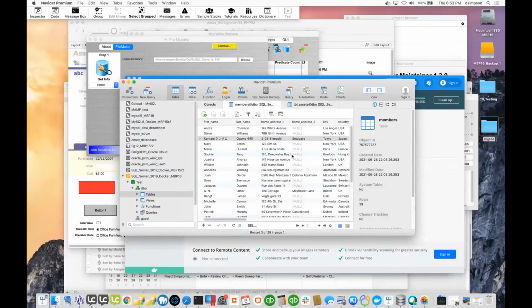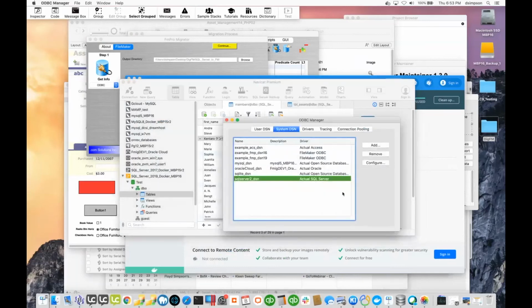And then I've got ODBC Manager from Actual Technologies, and I have the Actual Technologies ODBC drivers here. I have created ODBC DSNs for each of these databases: this is the SQL Server DSN, and this one is the FileMaker DSN,